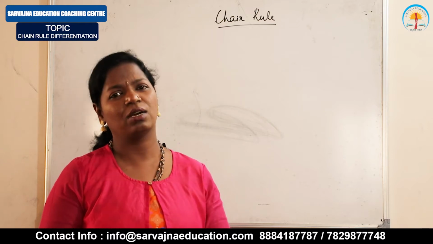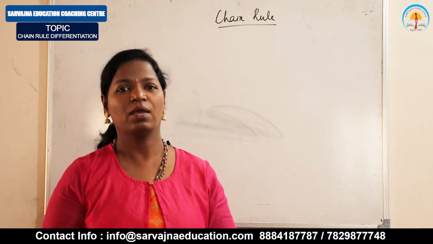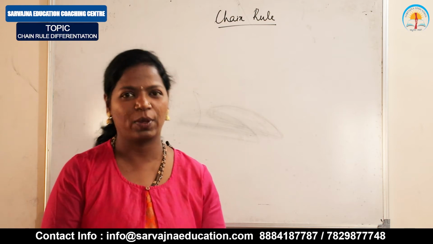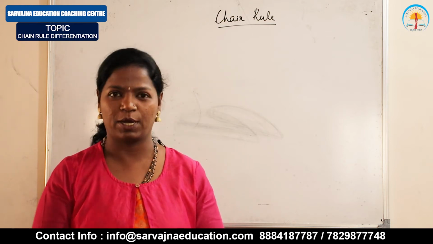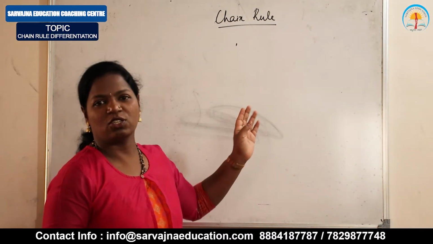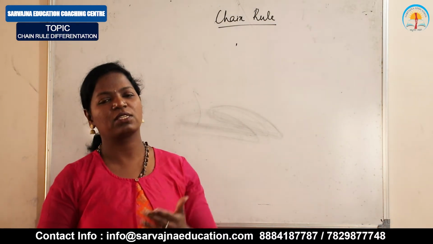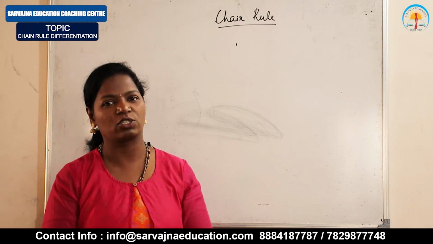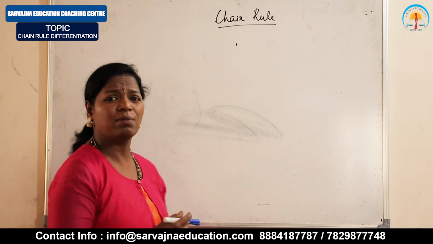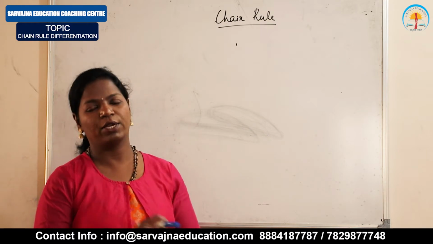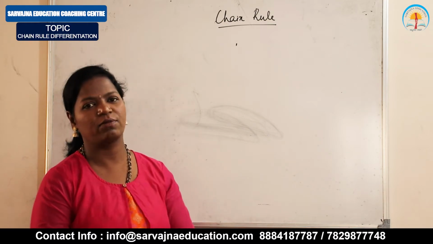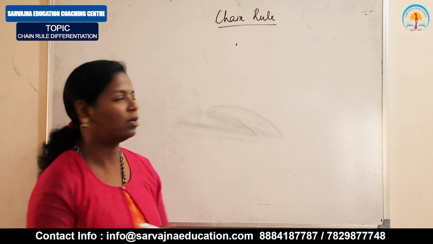So many people get confused here, okay? But I'll teach you in a very simple way. We'll see with the problem, I'll explain, okay? So guys, we'll see the chain rule here. Chain rule means it is a function inside one more function, correct? So sometimes two functions will be there, sometimes three functions will be there. So we'll see how it works. I'll just explain with a simple example, okay?